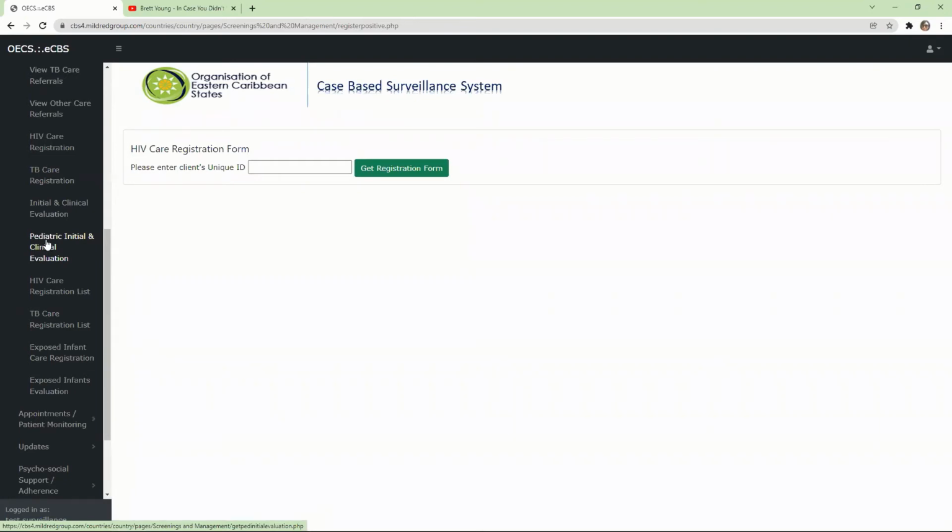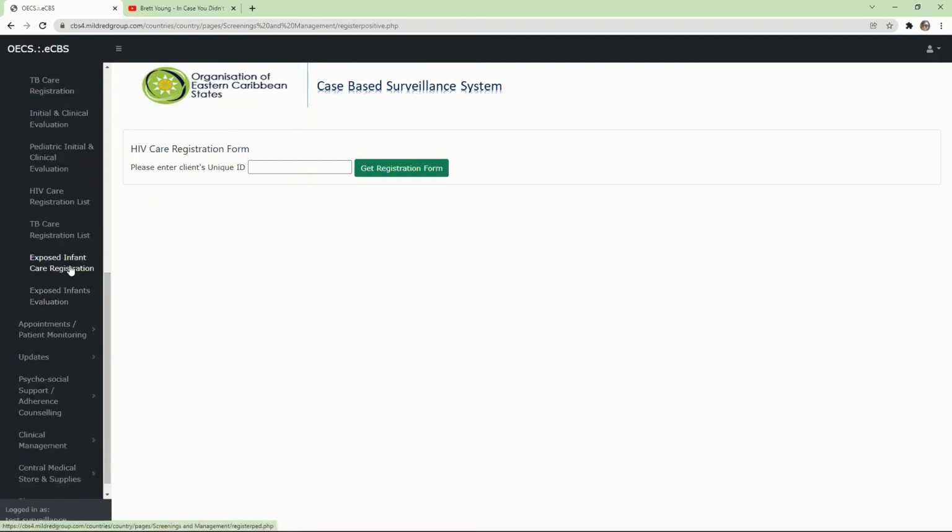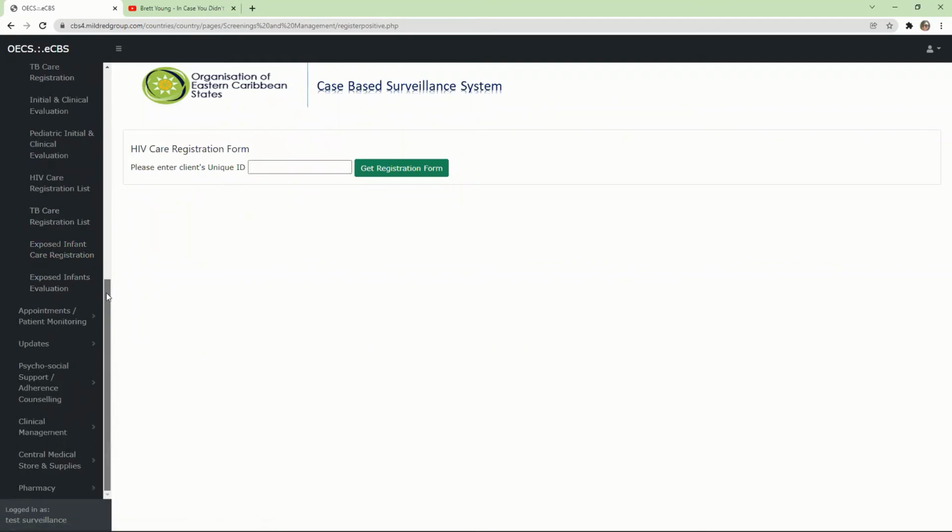If the client is not on the referral list and is an exposed infant, you are not going to use any of the referrals. You just come straight to exposed infant care registration and then exposed infant evaluation. Once you do the evaluation of any of the clients, you are going to send the client straight to the